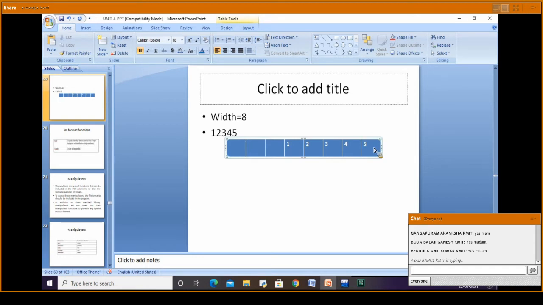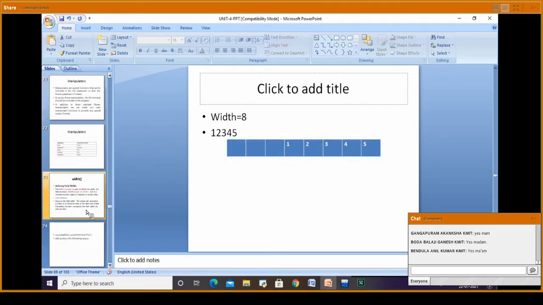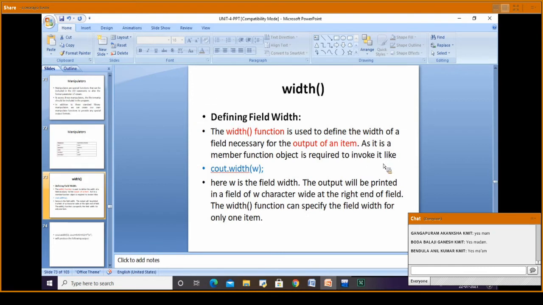The width function can specify the field width for only one item. If you want to specify the width once more, you have to include cout.width once again.